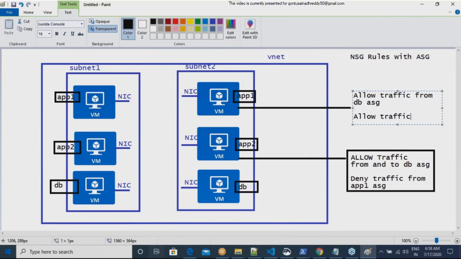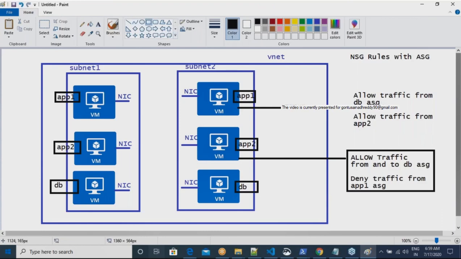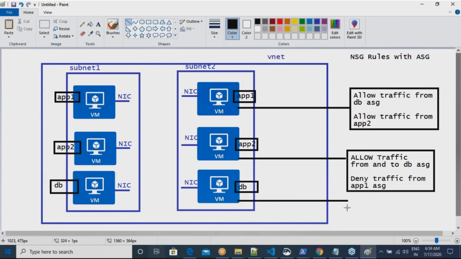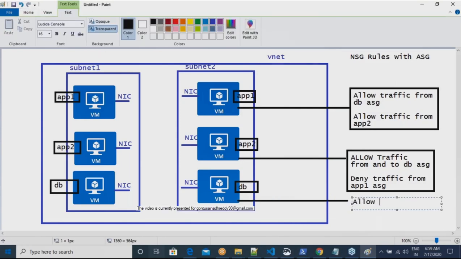Allow traffic from, for example, app 1 it is okay to get the communication from app 2. So you would write something like this. Similarly, for the machines connected to the DB subnet, you might write a rule saying allow from app 1 and app 2 ASGs.